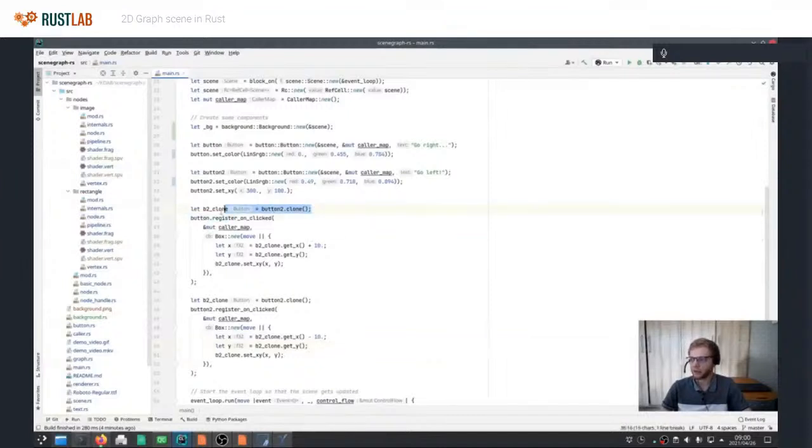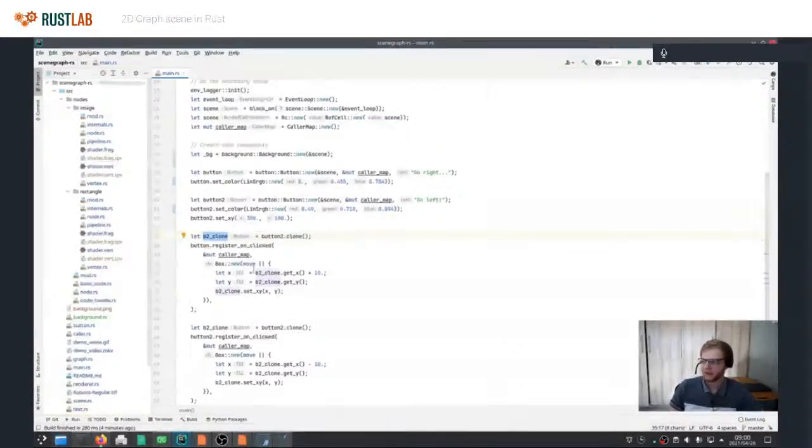Now, what's happening right here, I'm not actually cloning the button, right? This is something that I was forced into doing by Rust. It's kind of difficult to explain, but the idea is that I want to keep a reference to this button inside this callback function, which is just a heap allocated closure, and which basically means that the only way you can have something inside the closure is you can either use a reference or you can move it into the closure.